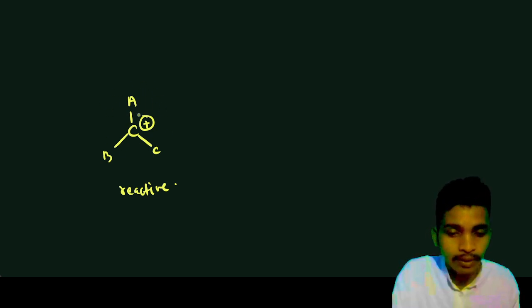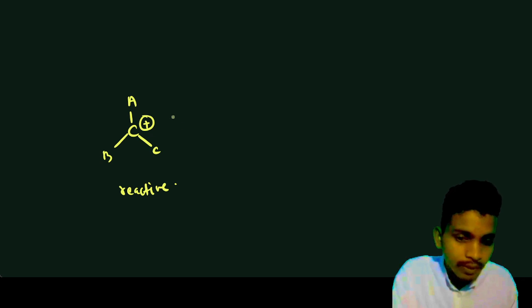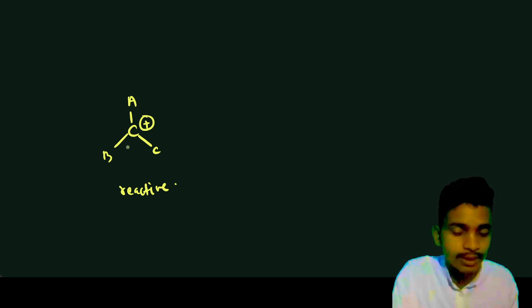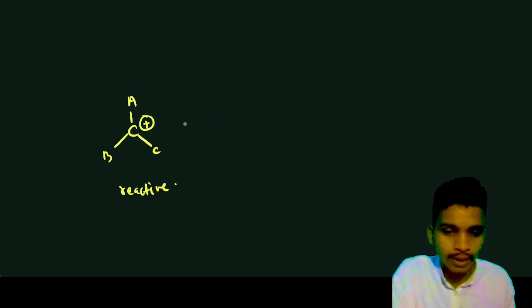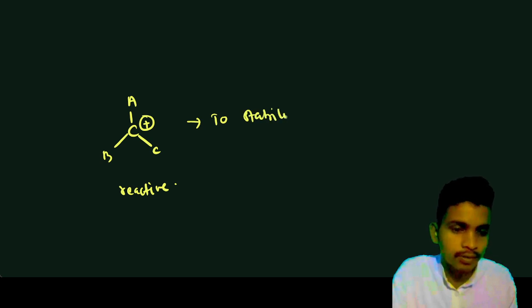Then how will I stabilize it? I have to give some electrons to it, then it will get stabilized. So what I write is: to stabilize carbocations,